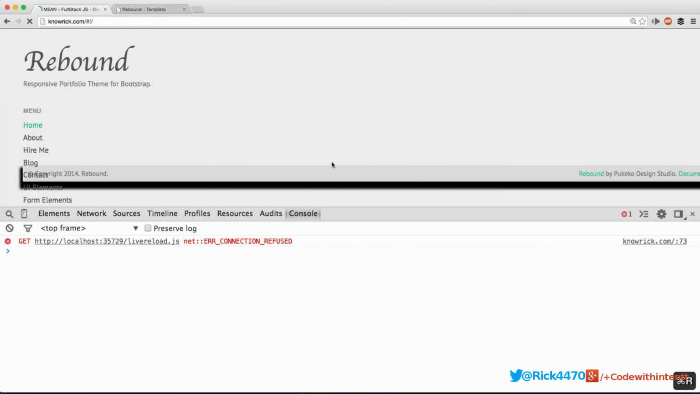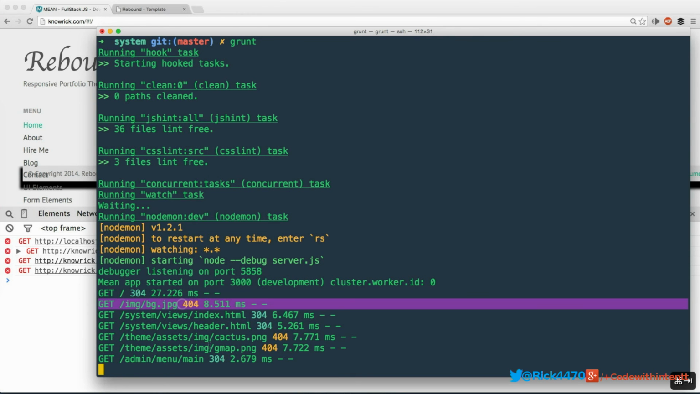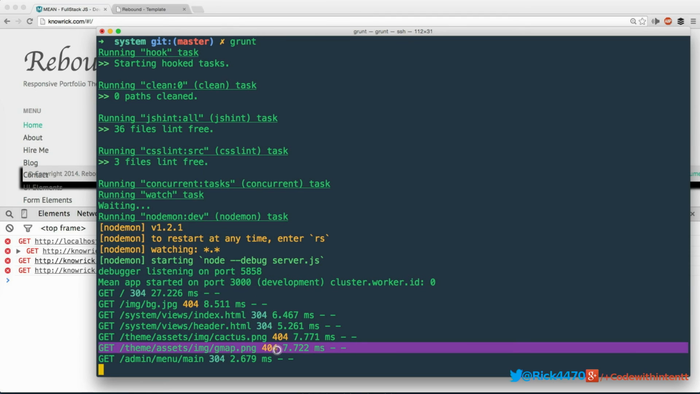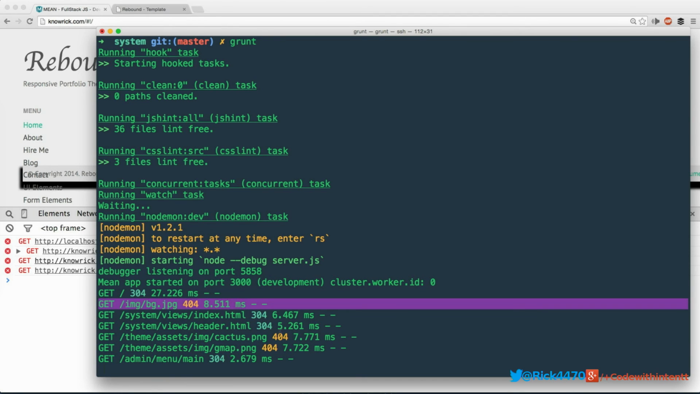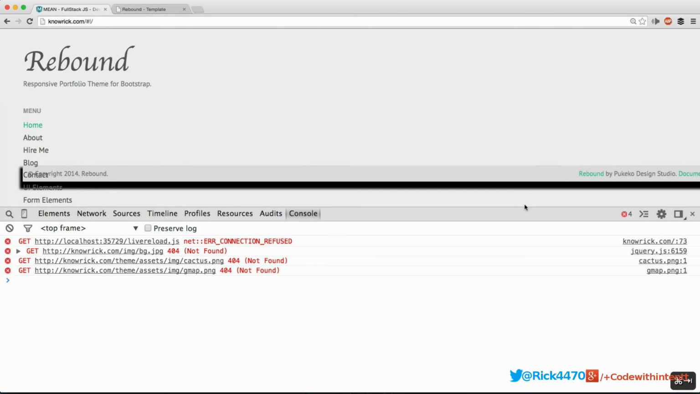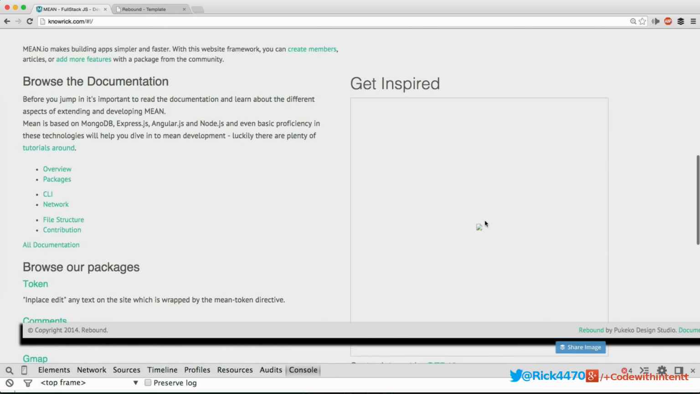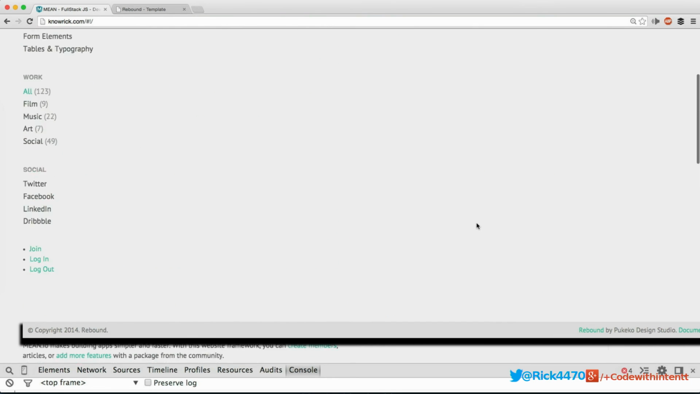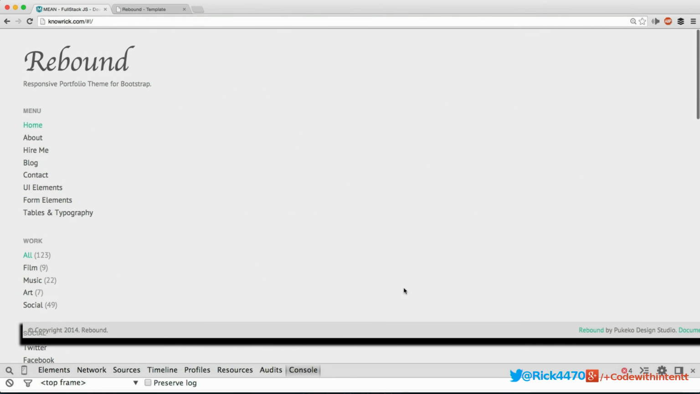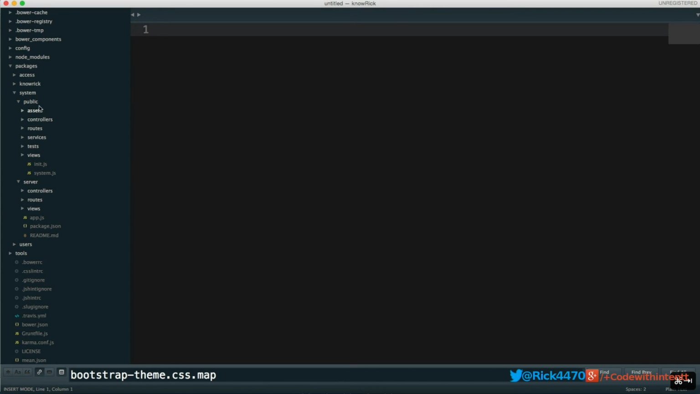Now, if we do another refresh, and then we come back into our terminal, as you can see, we have only 3 404s, which are essentially images. We have this BG 404, and we have this cactus and this Gmap. So as you can see, we have a couple issues here. This footer seems to be floating on the very top, and it's not fitting into our application. So this error is probably going to be coming from